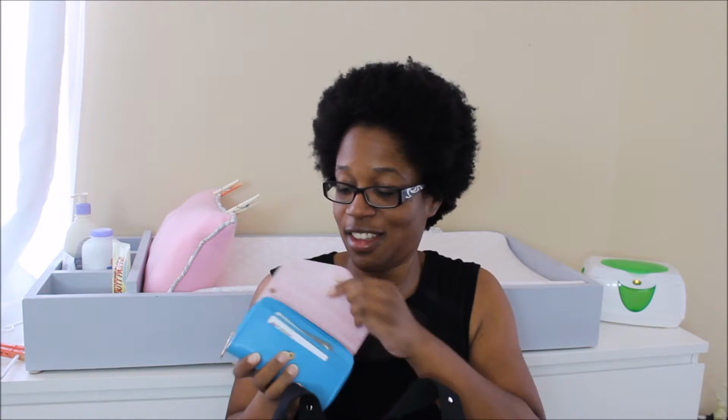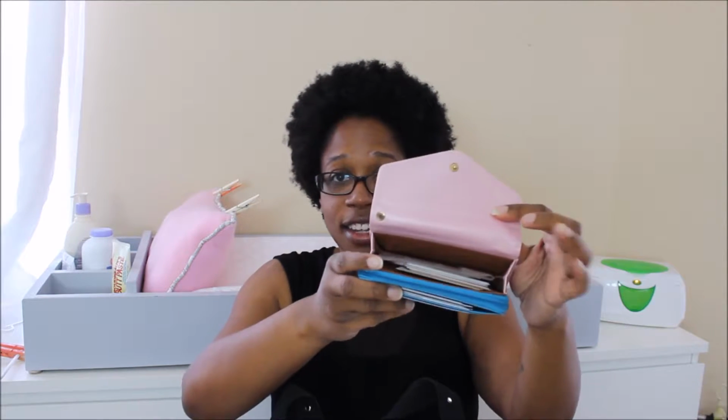So this is my wallet. I had to downsize. Not necessarily the stuff that's inside of it, because this bad boy is packed. Like, can you see that? It's packed. But I had to downsize the size because this mommy pocket is kind of limited and I needed to put other stuff in there. So I got a smaller wallet, still jam-packed. So my wallet,